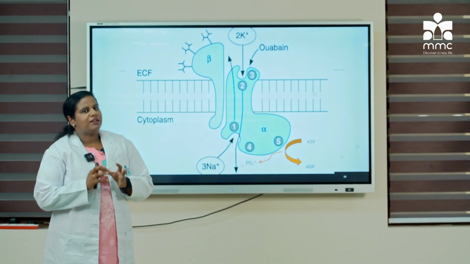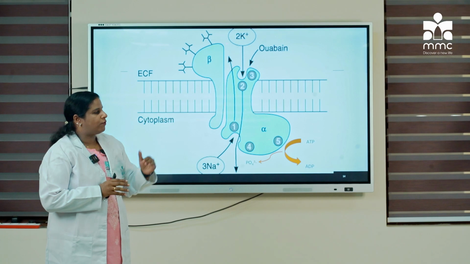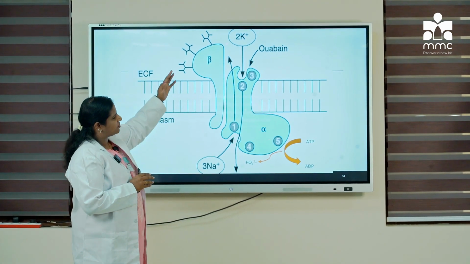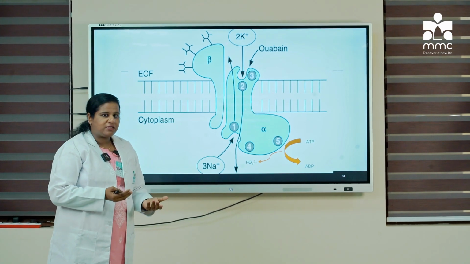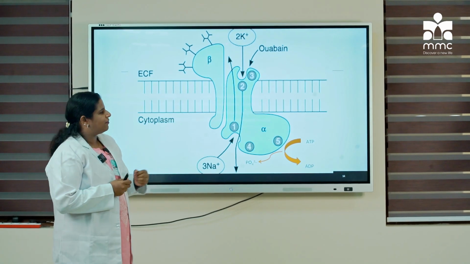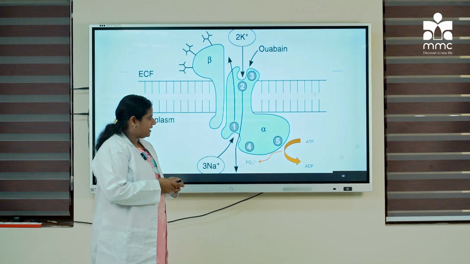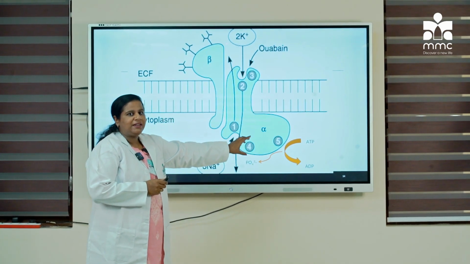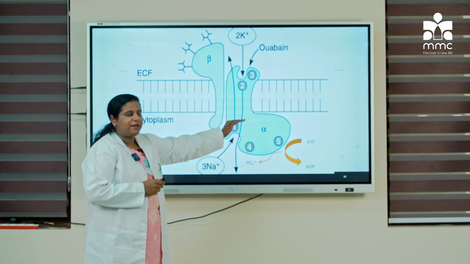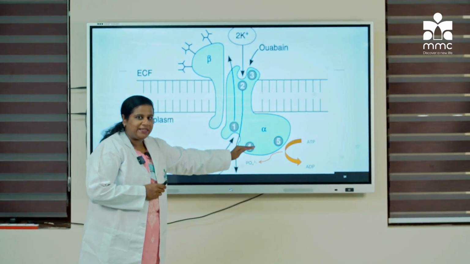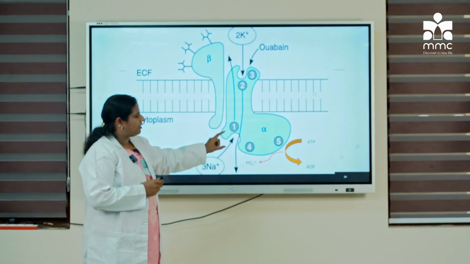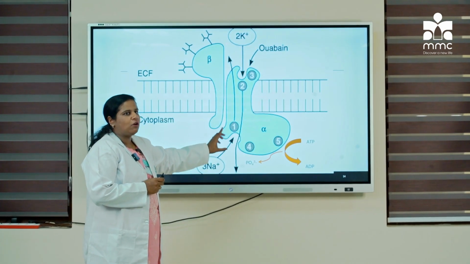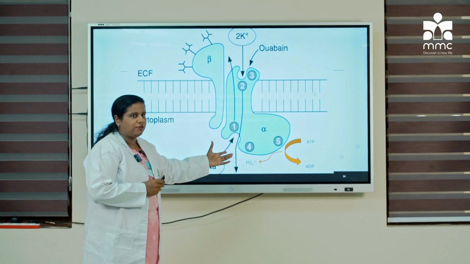So a significant amount of energy will be required for the transport of sodium from the intracellular side of the membrane to the extracellular side. So where do we get the energy for that? We get the energy from ATP. Now the ATP will come and bind to the ATP binding site, where it has the ability to break down the ATP to ADP and inorganic phosphate. Now this phosphate will go and bind to the phosphorylation site, and it causes a conformational change of the alpha